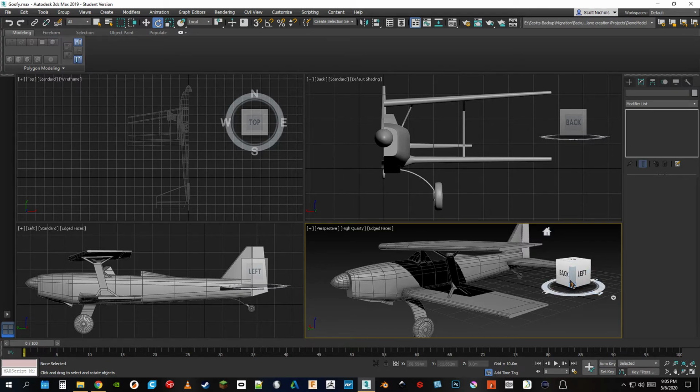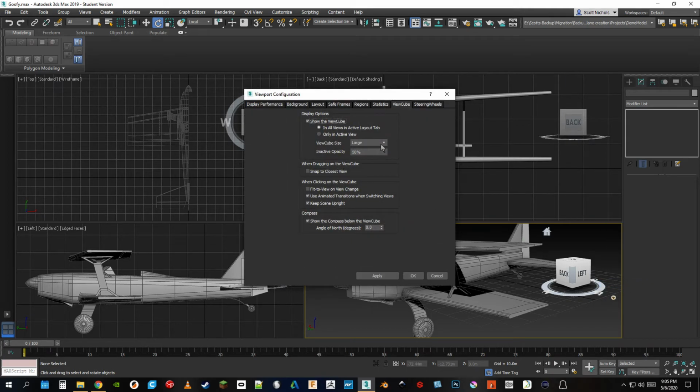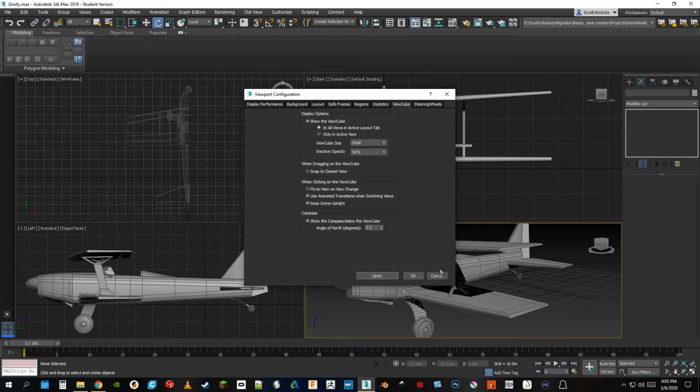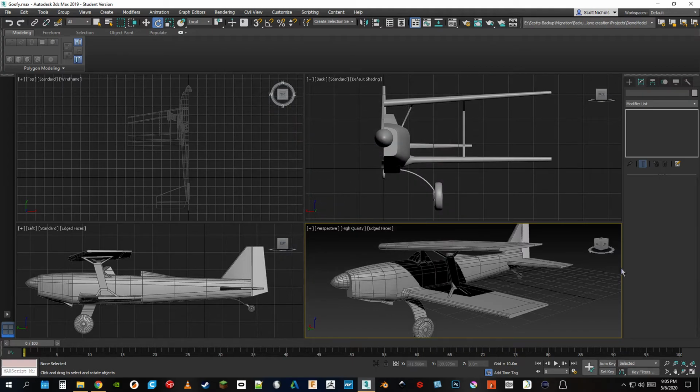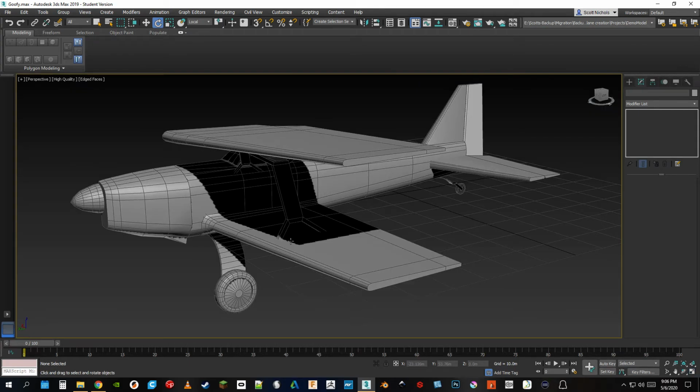Let's see, and then we have these view cubes here, which are totally customizable. We can get rid of them. We can change their size. I don't work with them at this size. I usually work with these, small, like so, something like this, or I don't work with them at all,